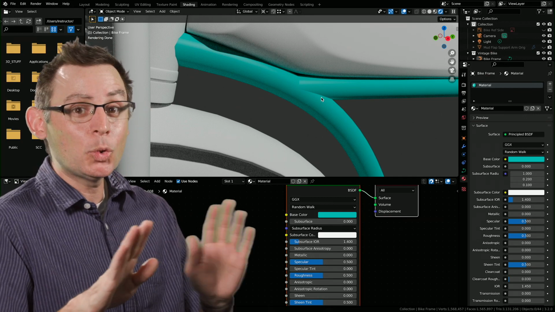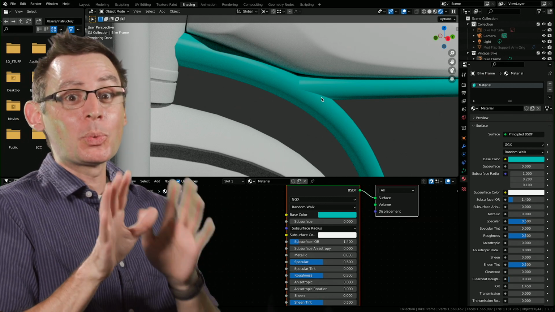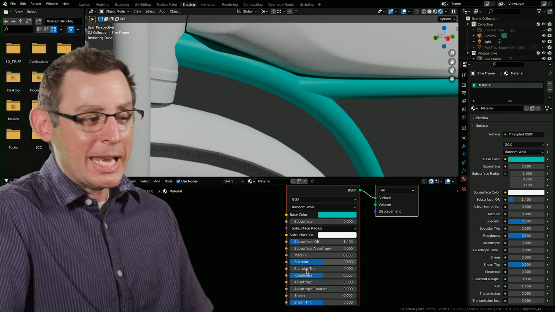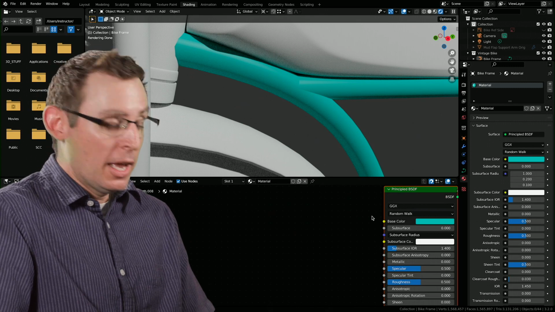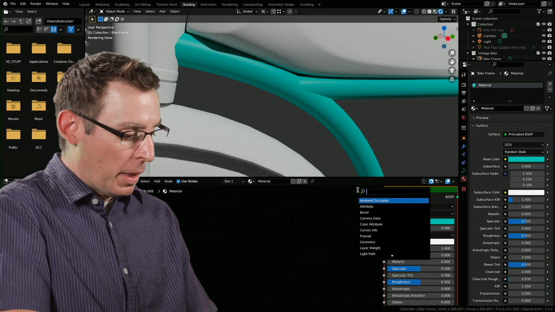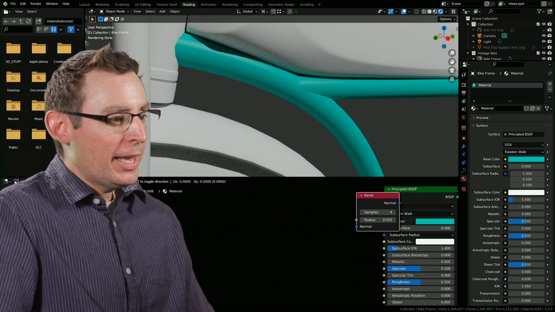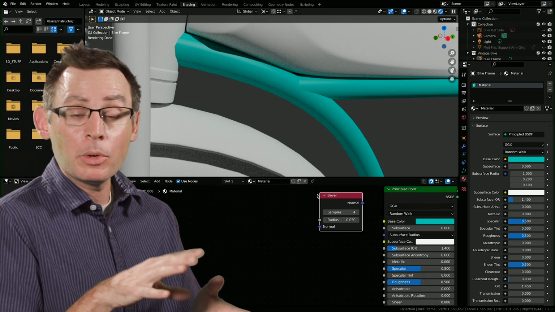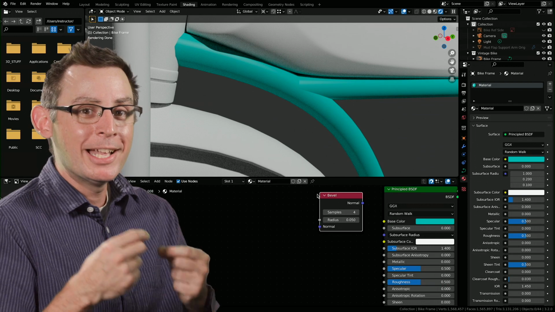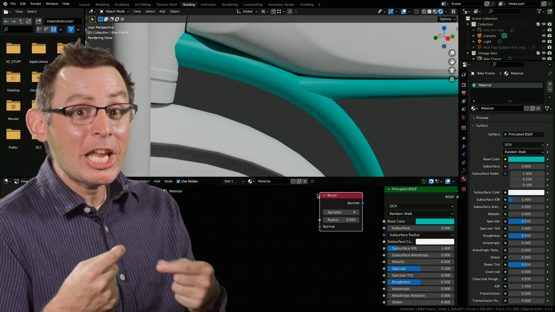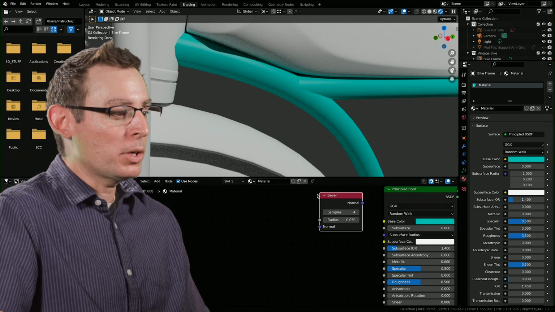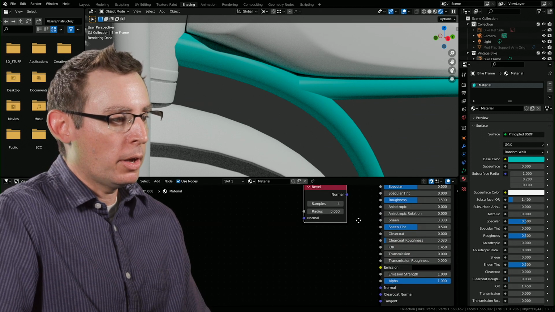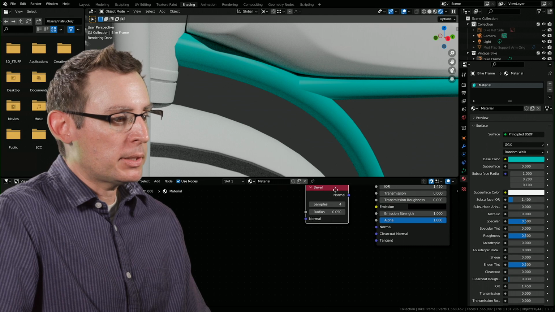This is a Cycles only feature, and in my opinion, this is one of the reasons to hang out in Cycles, because it's just really, really neat. Let's go ahead and add it into my shader graph real fast. So I'm going to hit Shift-A and search for bevel. Now, this is not a vertex or edge beveling modifier that we would normally do to our geometry. This is a bevel shader, which is pretty great. Check this out. We're going to wire our bevel shader into the normal input of our Principled BSDF.